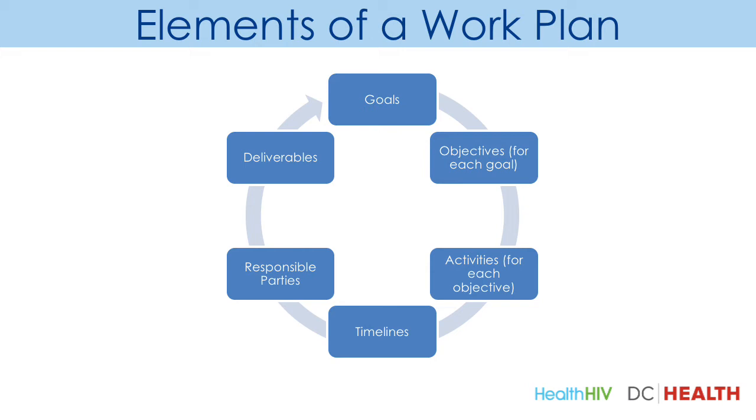It should contain a space for goals. You should then insert objectives under each designated goal. The objectives will be conducted in order to achieve each goal. For each objective, you then need to create a space for activities. These activities will need to be conducted in order to achieve each objective. In addition to spaces for goals, objectives, and activities, you will also need to include space for timelines, designated parties, or the individuals who will be held responsible for these activities, or at least held responsible for making sure that they're completed, deliverables, the data that will be collected, and any other information that you may want to include.